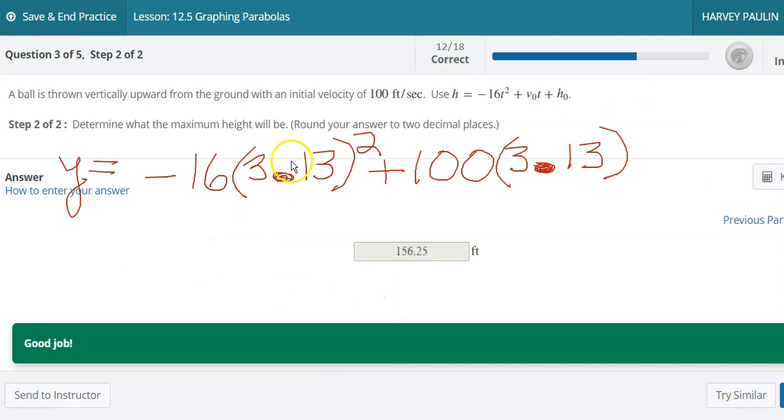Okay, so I've put the value of x, 3.13, into this equation, and here this was just 0. And when I rounded it off to 2 decimal places, and you should try this as well, we get this, and this is correct. So the height will be this many feet in our